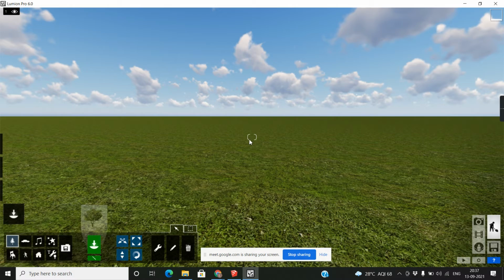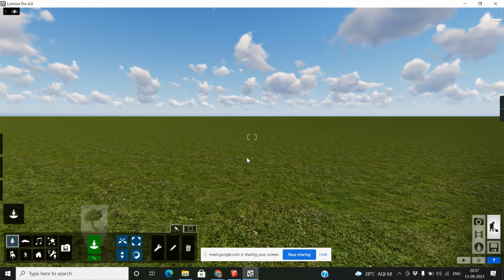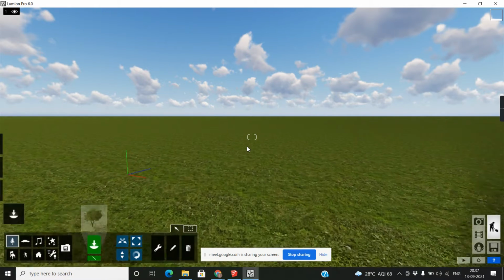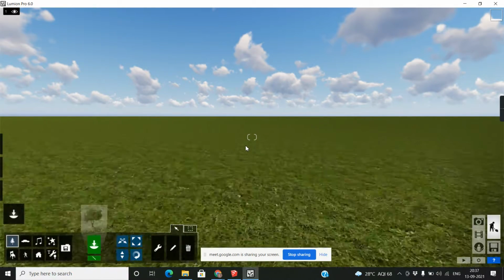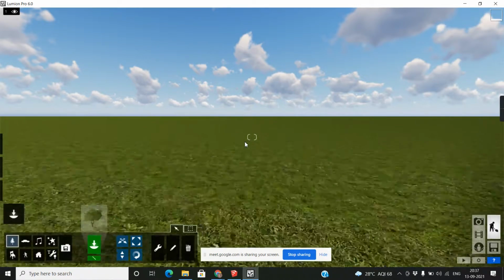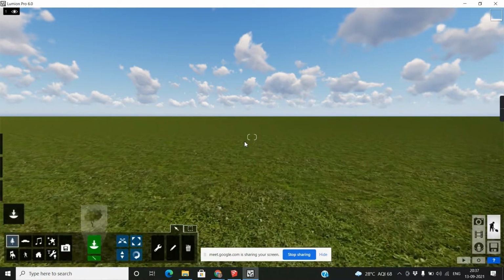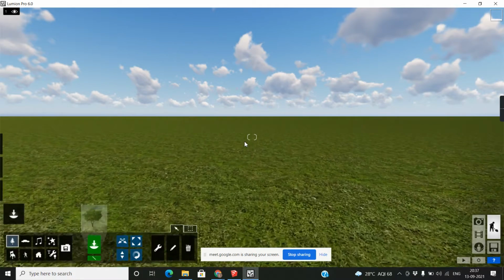Now just go with that, and if you want to zoom, just scroll. See, if you are using W with the space bar, you are in walk.